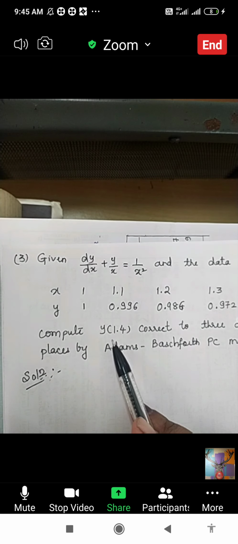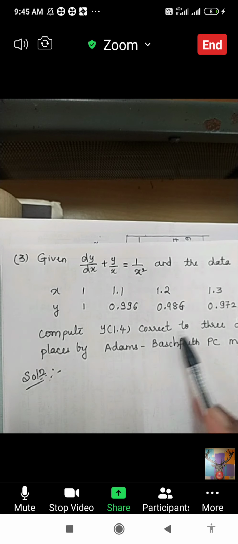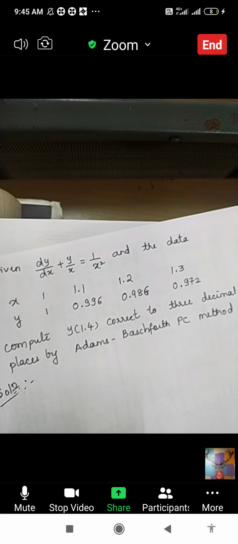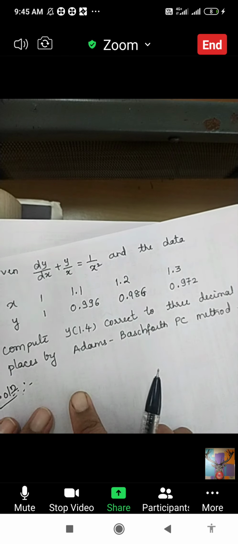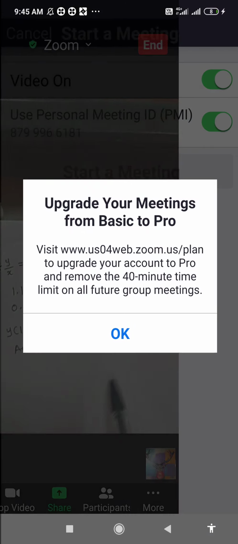Compute y of 1.4, correct to 3 decimal places, by the ABPC method. Okay, now we can prepare the table, no problem with that. If you want, you can even simplify this and write it. Okay, now